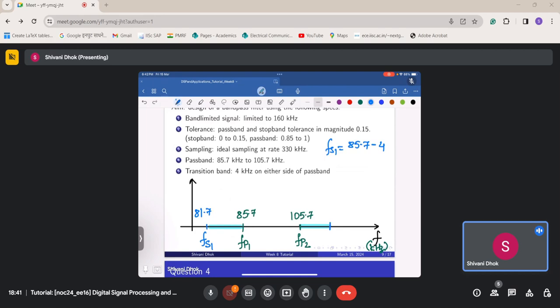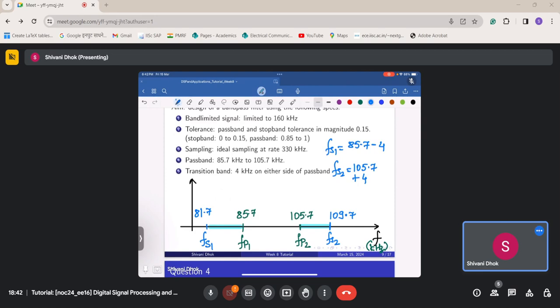And this thing here is FS2, and we can write it as FS2 will be equal to FP2, that is 105.7 plus 4. So this thing here is 109.7 kilohertz. Okay,